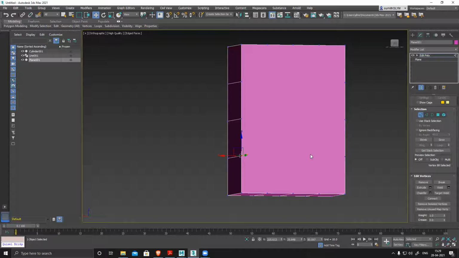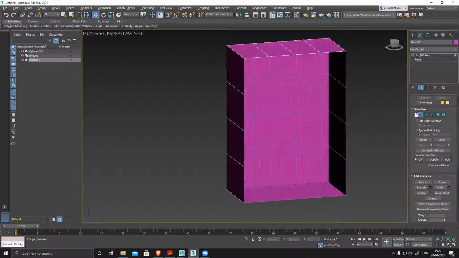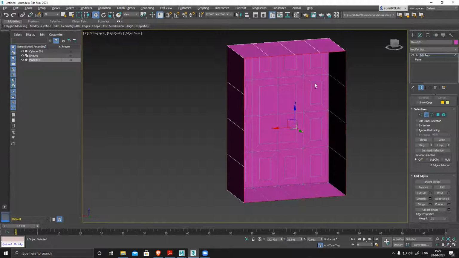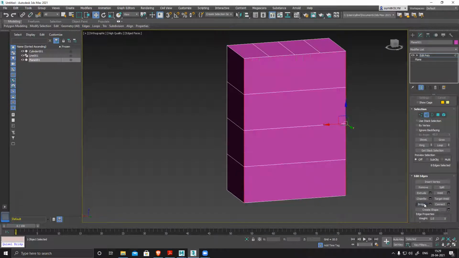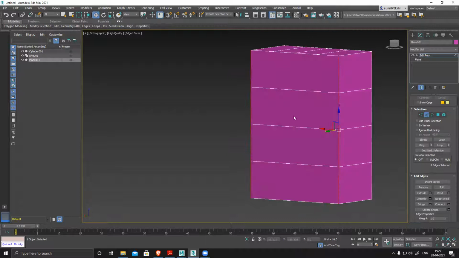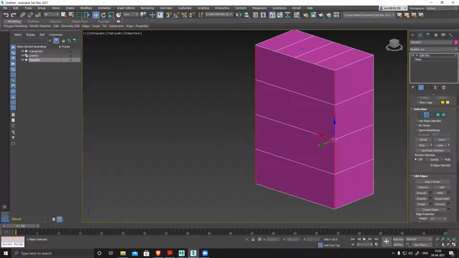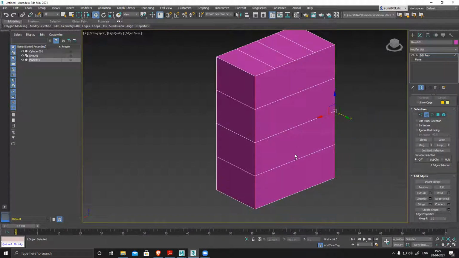But in case of bridge, what we do is we don't select all the sides. We just select opposite sides. This, this, and bridge it. So it generates those edges as well. But still you can see we have extra polygons here. This is not connected, so I have to do it manually. So bridge basically generates the edges and creates all the required polygons.